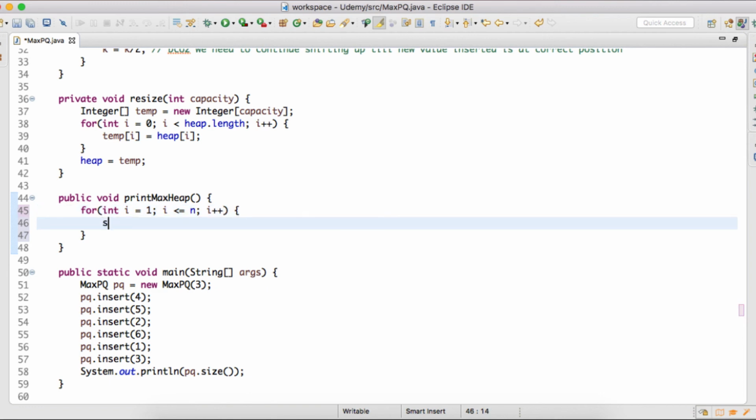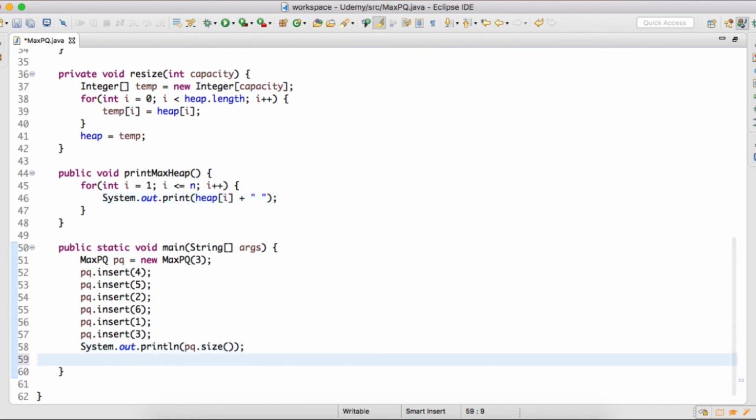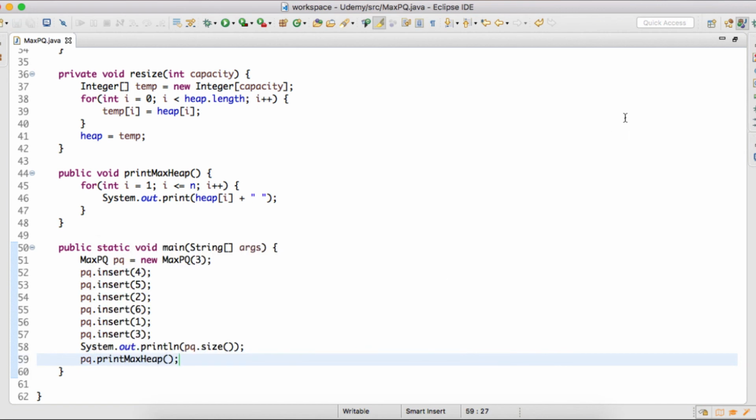Inside this for loop, we'll print the value at the ith index of this heap, and in the main method we'll call printMaxHeap.